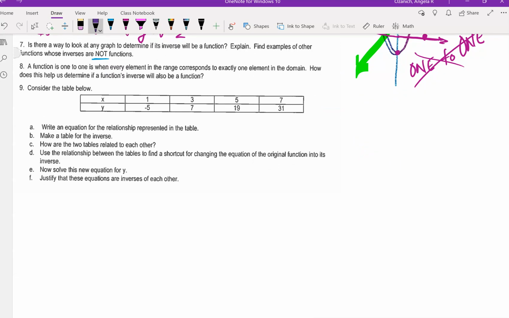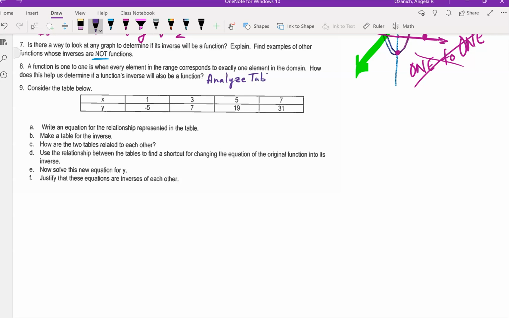How about this question number 8? A function is one-to-one when every element in the range corresponds to exactly one element in the domain. How does this help us determine if a function's inverse will also be a function? So again, if you swap out the numbers in your table and one of your x values goes to 2 y values, then it wouldn't be one-to-one. So analyzing a table might be a way to also see that idea of